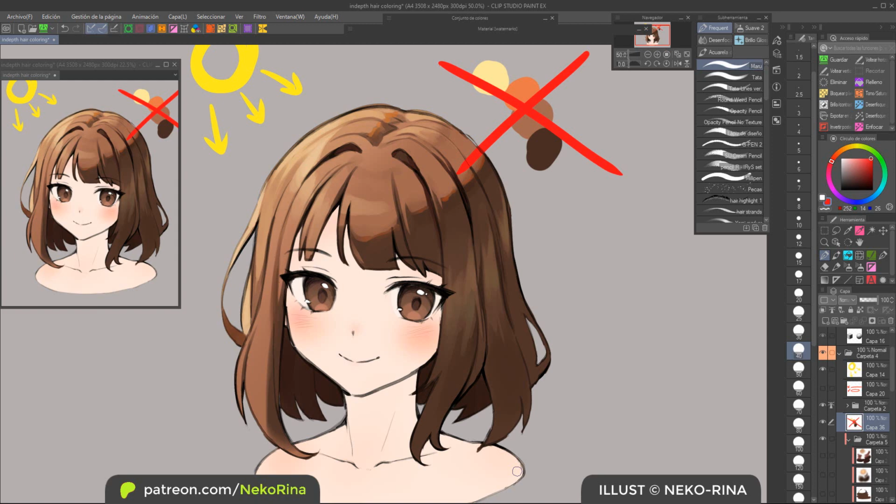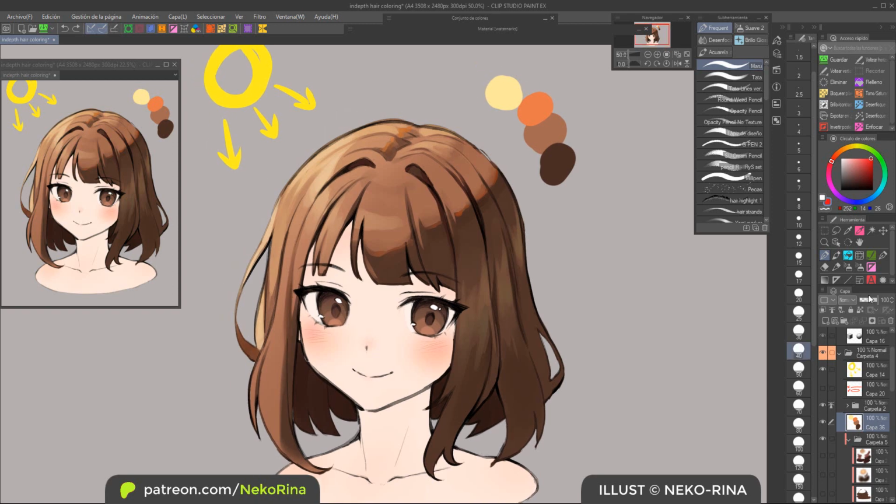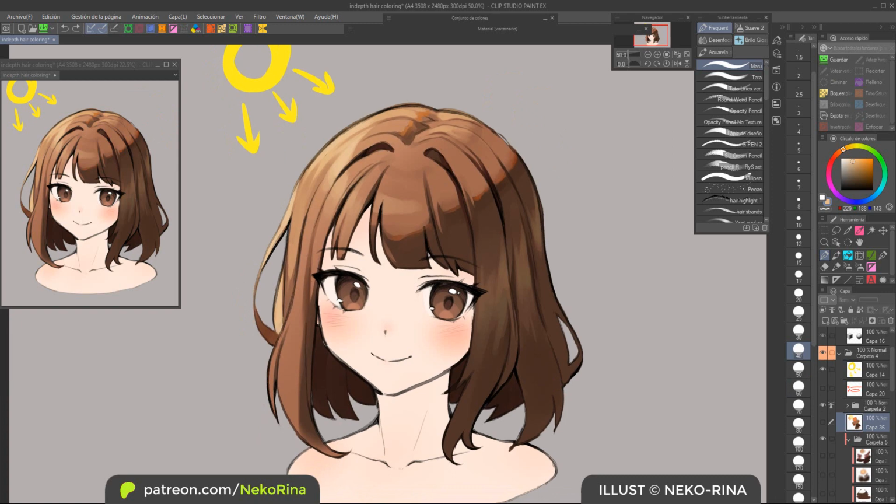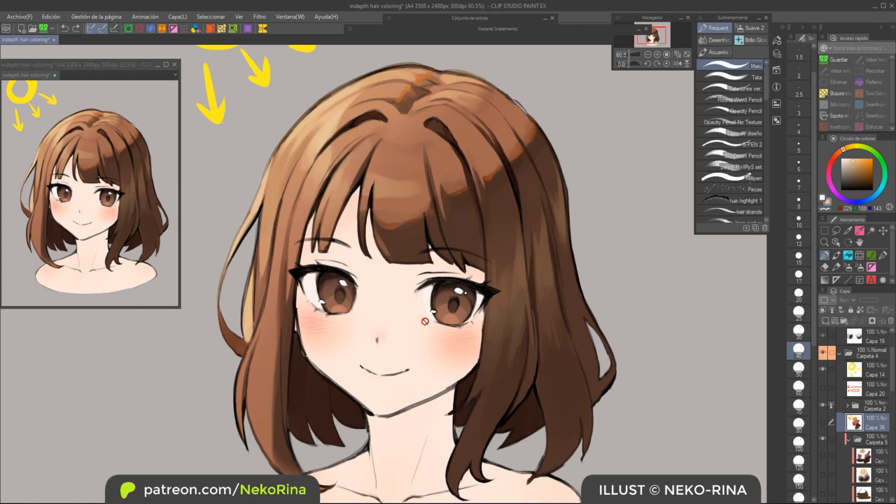What I'm trying to say with this is that you don't have to have a definite palette with a specific amount of shades, okay? If it helps you, then great, keep doing it that way. But it's okay if you come up with a bunch of different shades just by blending colors randomly through the refining stage. I think if you don't restrict yourself to a combination of specific shades or hex codes, the hair will come out looking more natural.